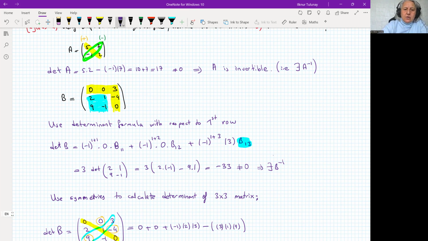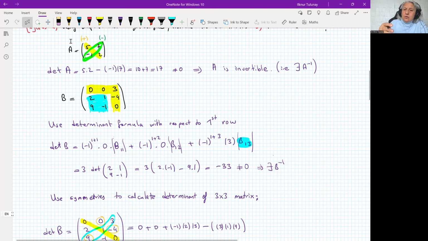I have the minor of B11, the minor of B12, and the determinant of the minor of B13. B13 as a minor means that we are removing the first row and the third column. When we remove that, the minor we have is 2, 1, 9, minus 1. Now we need to calculate this determinant. So this is 4, so minus 1 to the 4th power is plus 1. The entry is 3, and the determinant of this minor is the determinant of 2, 1, 9, minus 1,